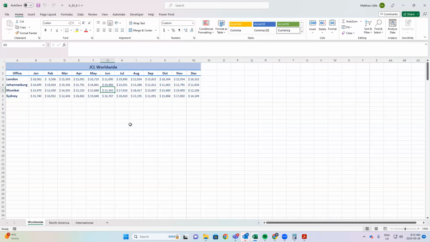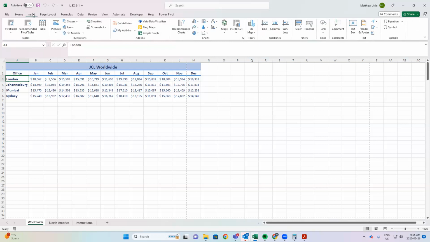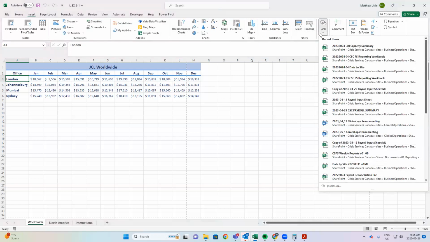We're going to look at inserting hyperlinks. So back to the worldwide tab, let's go to the A3 cell, and we want to insert a link button to another file. So we're going to go to the insert tab, and over near the far right-hand side, there's a link section. So if you drop down the link, you can link it to active files that you have. Okay, I'm going to insert link,